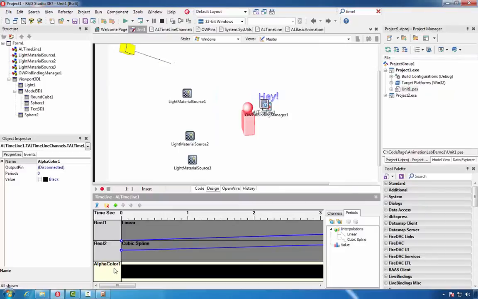Next, we'll select the alpha channel. We'll add 2 linear periods, one cubic spline, and 3 value periods.